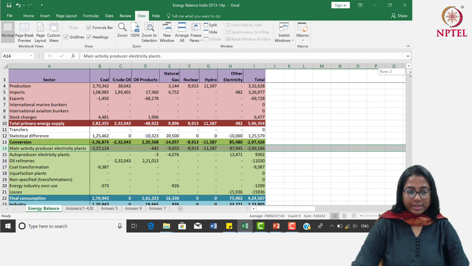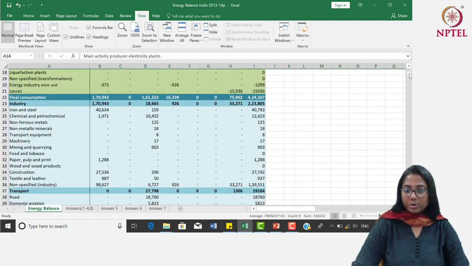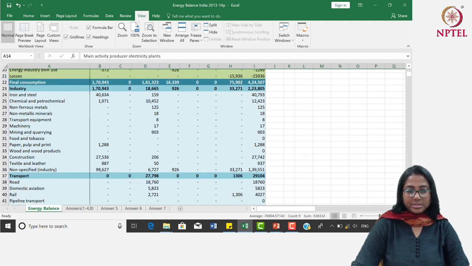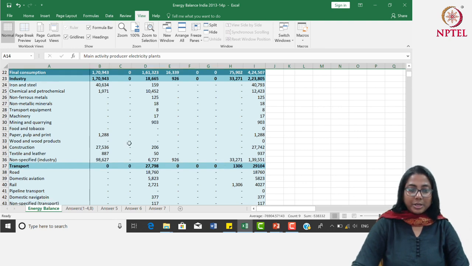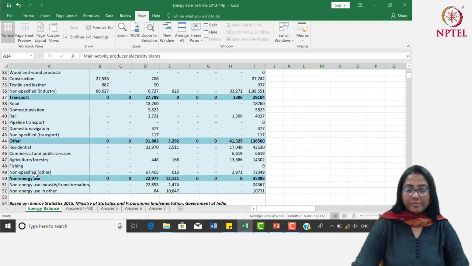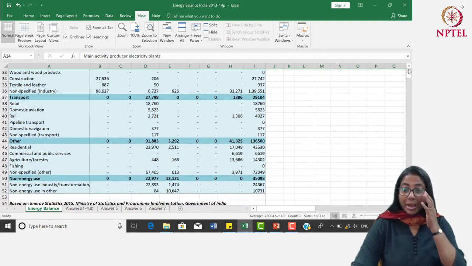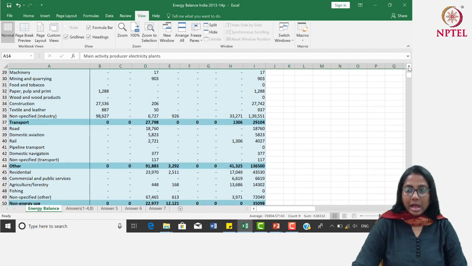Let us again have a quick look at the demand side, because we are talking about the consumption. Now if you look at the demand side, you see this darkest blue row represents the final consumption. Below that you have industry, you have transport, and you have other, and then you have non-energy use. So by now you know the definition of all of them. So if you are asked to